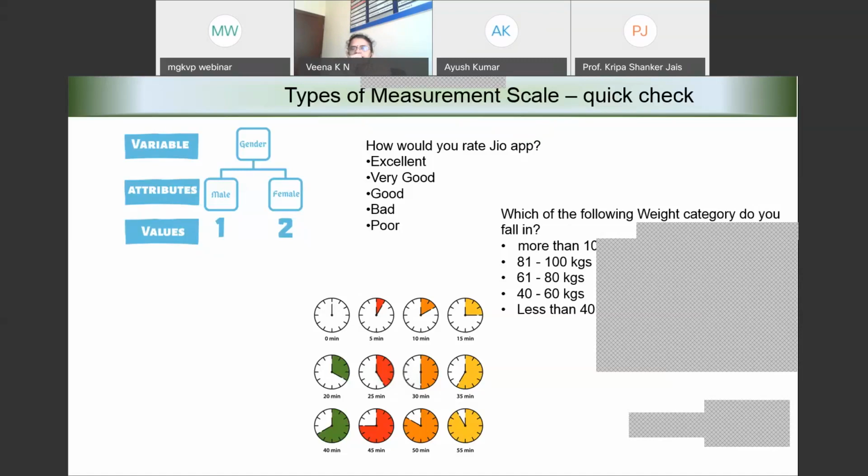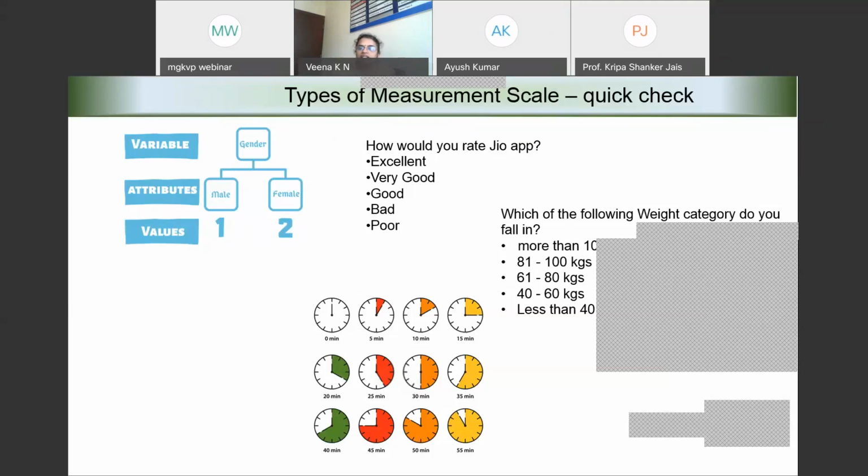Just think of the table which I showed before this slide. If I say time taken to complete the work, can I categorize all those people who take 5 minutes, who take 10 minutes, who take 15 minutes into different categories? I can do that. And also, if I want to compare who has done faster, I can do that.